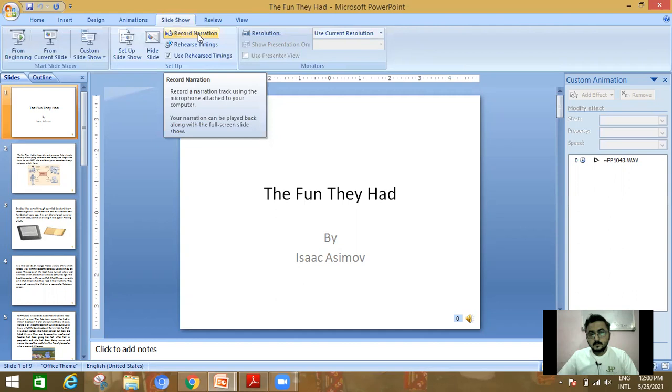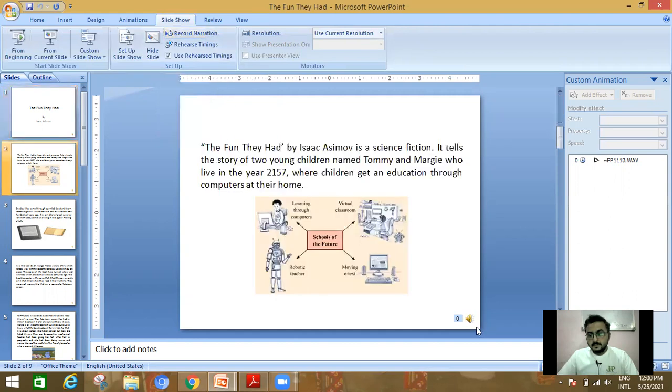In the next slide, you again see a volume button. So whenever you play that slide, you will hear the sound as well.